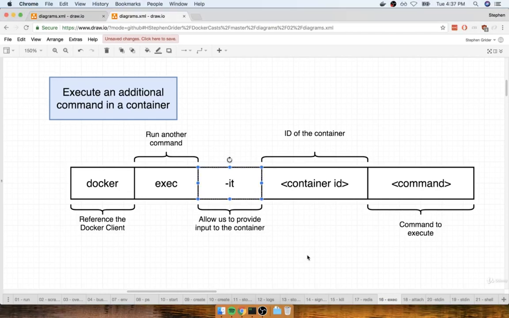In the last section, we learned about the importance of the -it flag. In this section, I want to tell you about one last use of the docker exec command. And this use of it is probably going to be the most common that you're going to be making use of on your own personal projects.